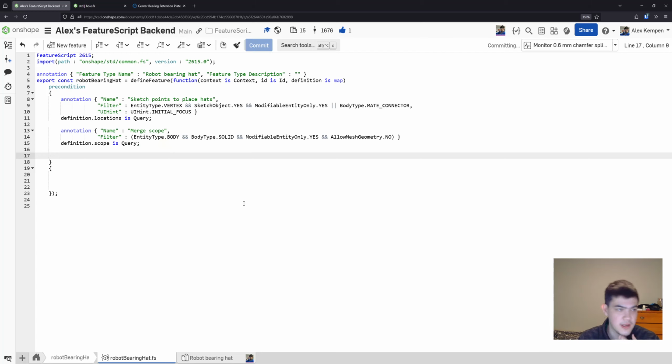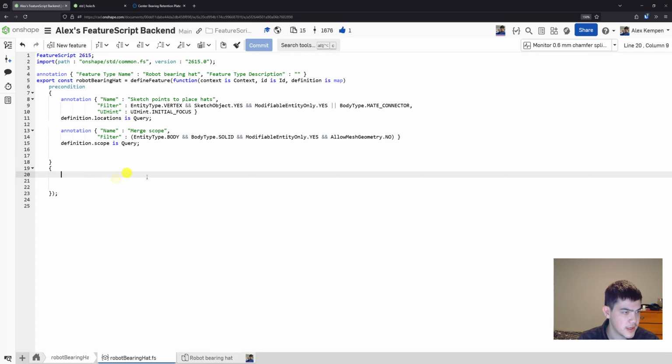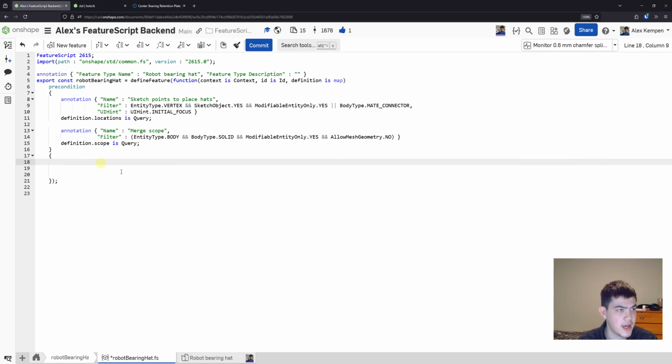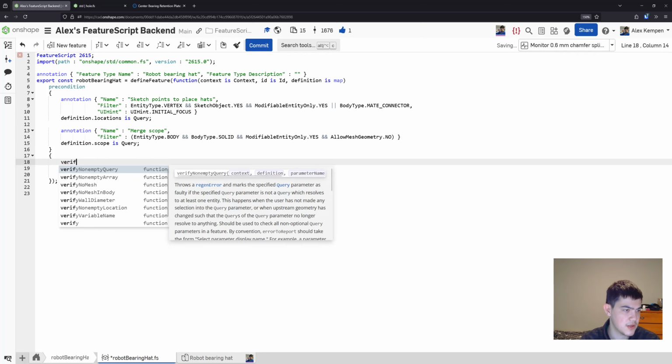Let's see here, and then I need to think about, I guess that's probably everything I need from the UI to begin with. And then obviously I'll have to go back and add additional features later on, but I think this will get us started. So the first thing I'm going to want to do is use this